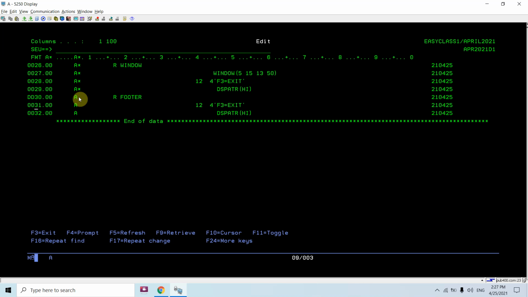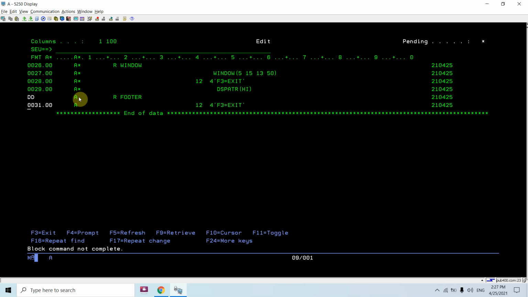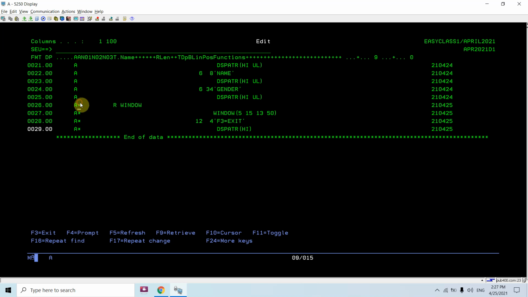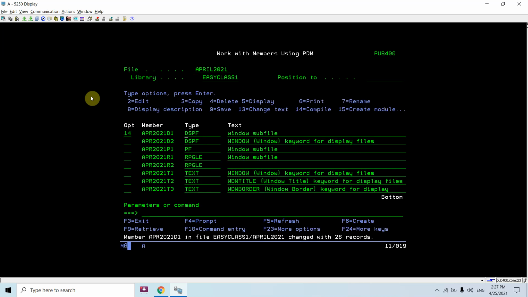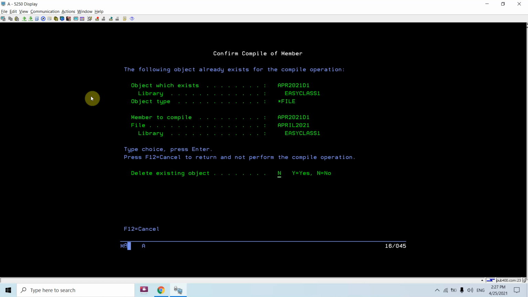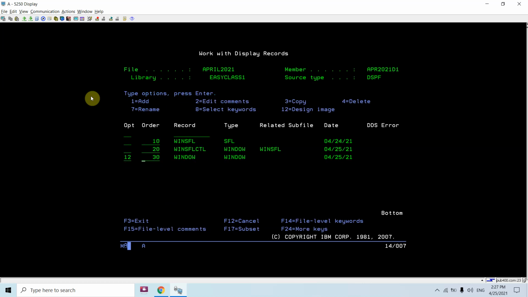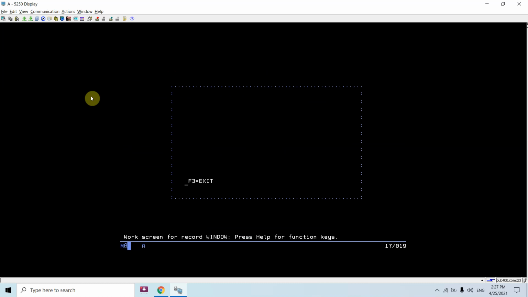A normal footer would not show the message F3 to exit on the window subfile, so we have to go with this approach. Just do 17 and try again, and you can see now it is inside the window.